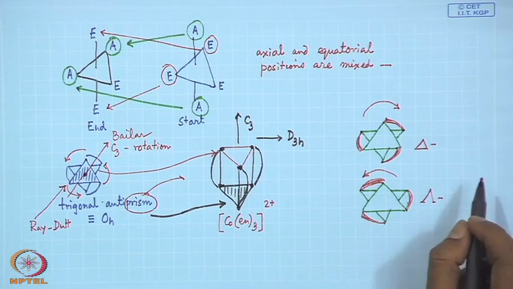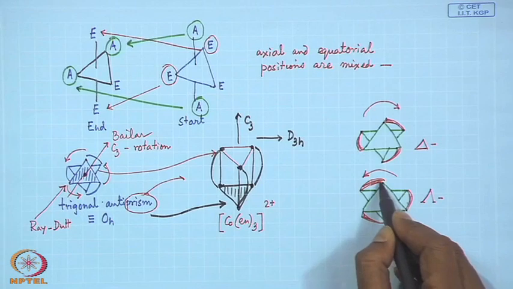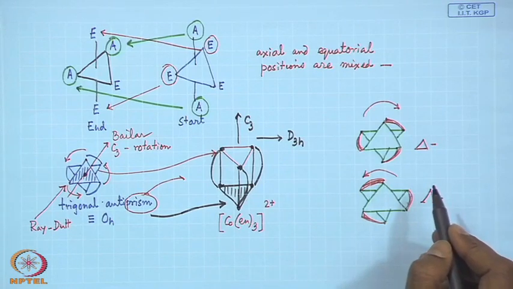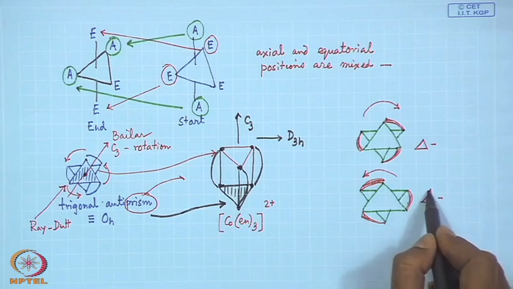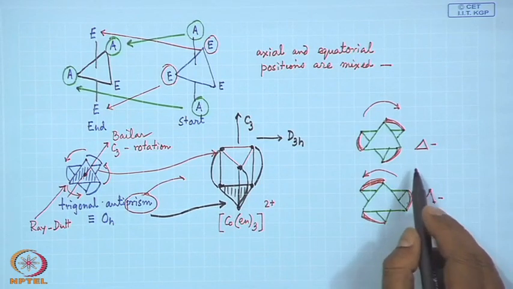Due to all these things, we end up with these two isomers nicely. So, this twisting gives rise to the two isomers, one is the delta isomer and another is the lambda isomer,